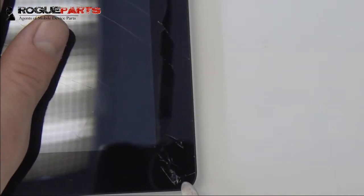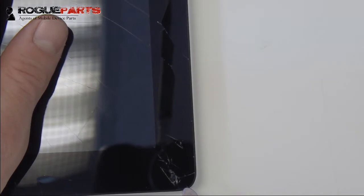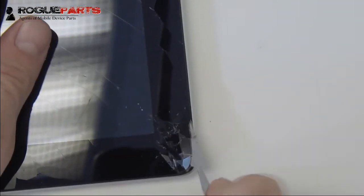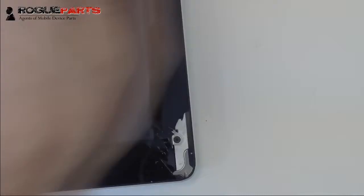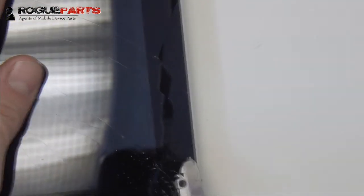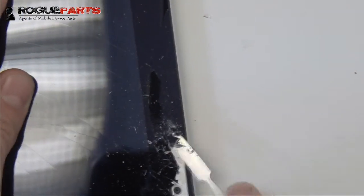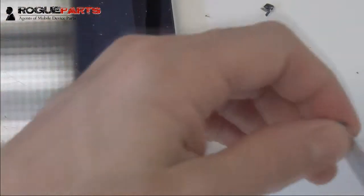We want to get it hot enough to where we can successfully pull that glass off without damaging anything. So there we're taking a double-sided metal spudger. This is a tool we have infamously used and love to use. We'll link to where you can get that below. And we're just going to start peeling glass on the bottom right-hand corner of the device. The more you heat it, the easier this glass is to peel,